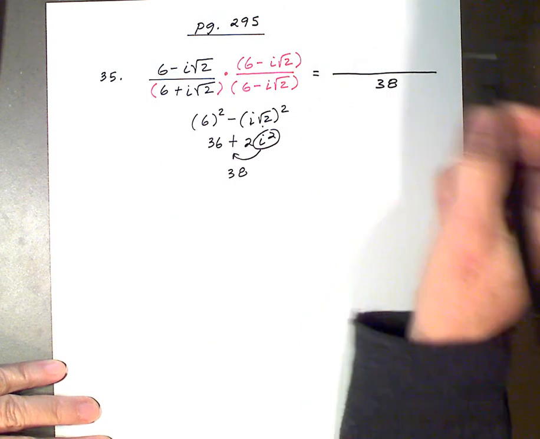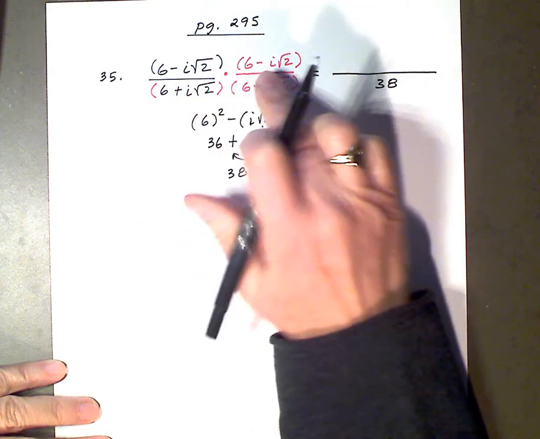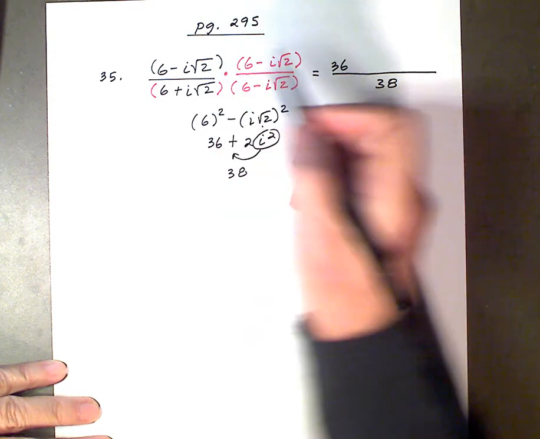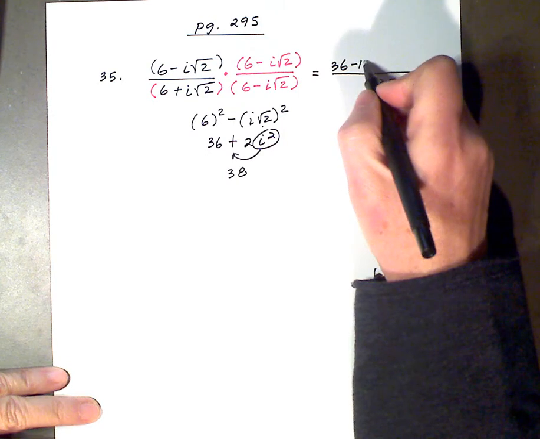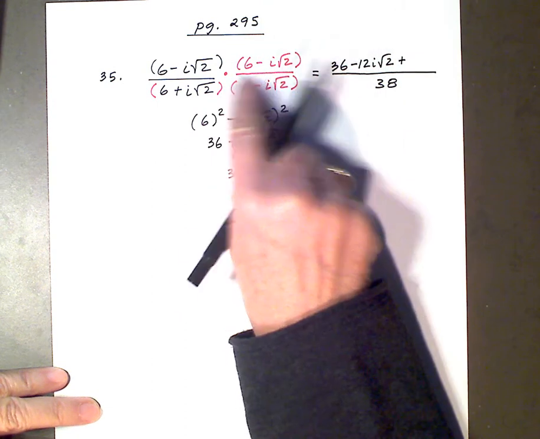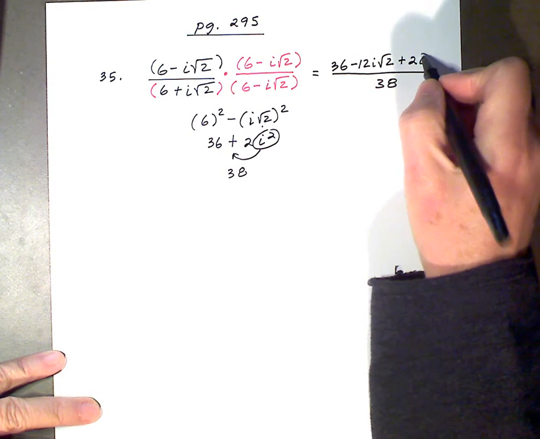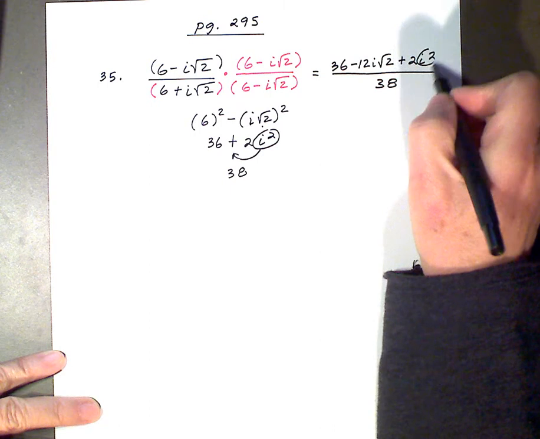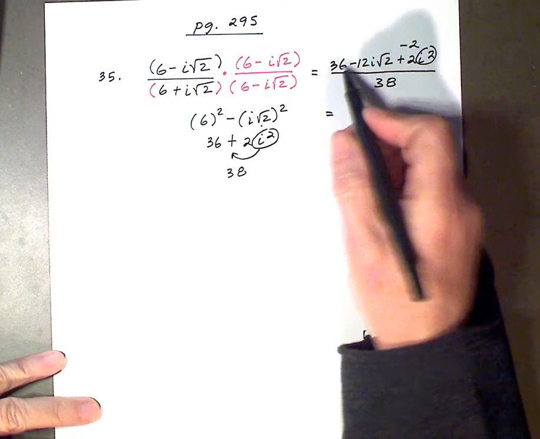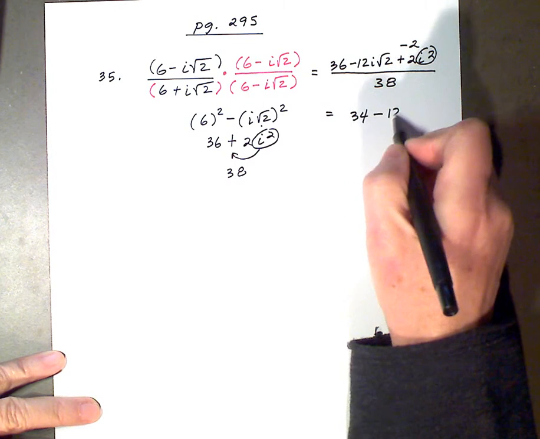Now in the numerator, I've got to FOIL this all out. So it's 6 minus i root 2 times itself. First term squared is 36, minus 6i root 2 minus 6i root 2, so minus 12i root 2, plus i root 2 squared. Root 2 times root 2 is 2, times i squared, which becomes negative 1, so this whole term becomes negative 2. So I have 36 and negative 2 as the real part, so that's 34 minus 12i root 2